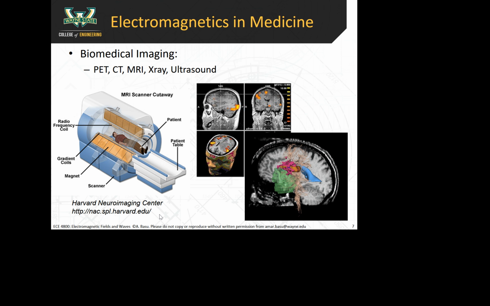This slide is about imaging, so I thought I'd share that with you. PET stands for positron emission tomography. CT is a way to do X-ray tomography, MRI, basic X-rays, and then ultrasound is not exactly an electromagnetics technique, but the other ones are. So these are some very interesting images from the Harvard Neuroimaging Center. It's a technique called fMRI,